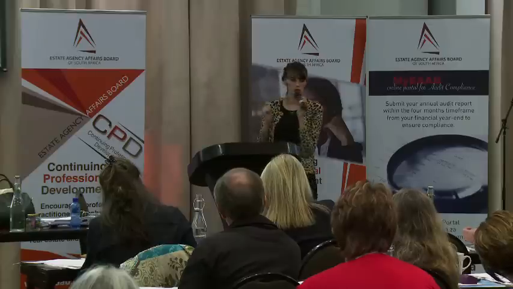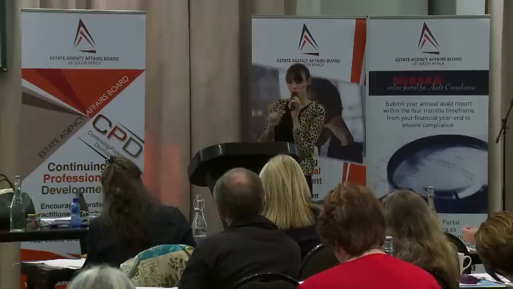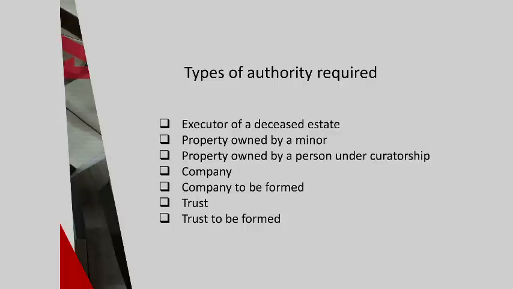Otherwise, you will have a situation where the person who entered into the agreement, we're going to have to transfer to him. He's going to pay transfer duty, and your nominee is going to pay transfer duty. Because the Deeds Registries Act tells the conveyancer that we have to follow the relative causes of the transaction. So I will then first have to transfer from A to B and then B to C. And obviously that is very expensive. Okay, types of authority that is required. We've gone through most of this. I just want to bring some of them to your attention.